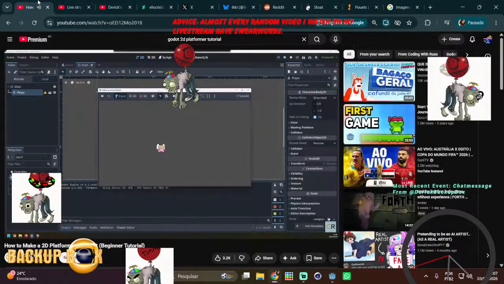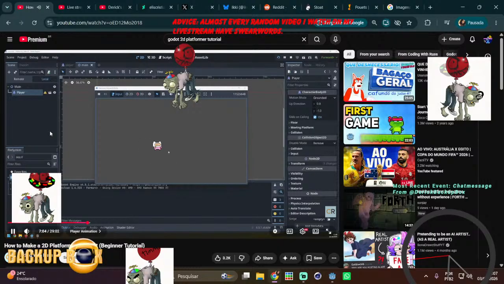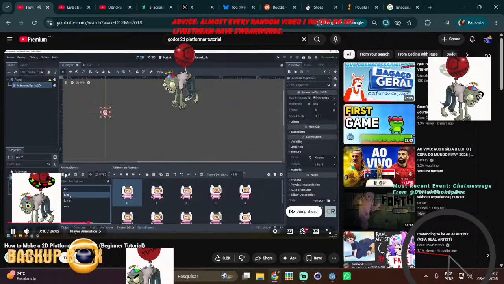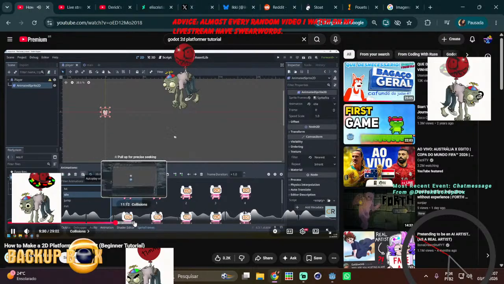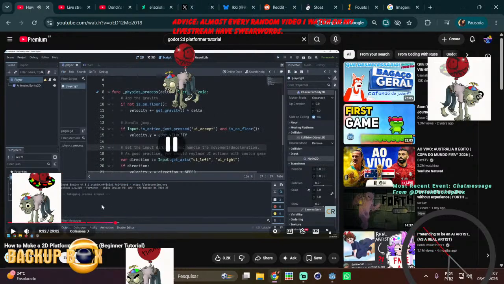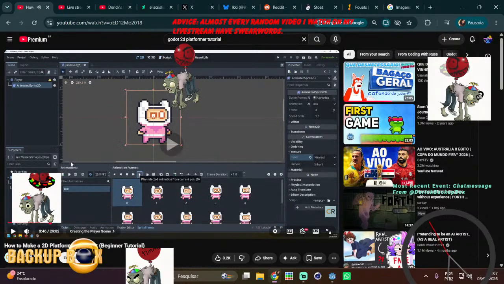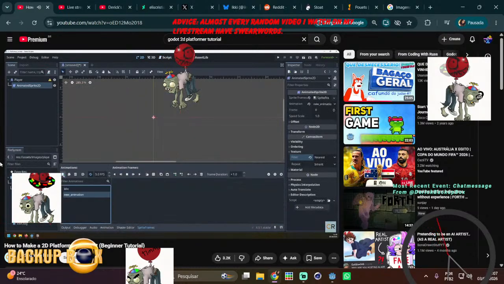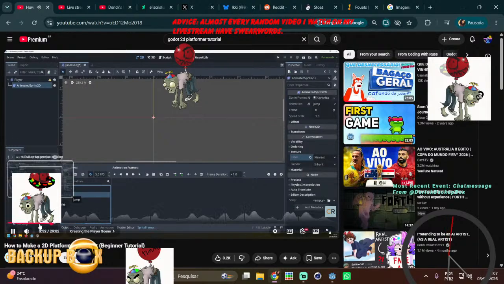The second problem persists, which is that there is no animation. The player is just stuck. Click the animation and then click this button here, which says autoplay on load. Okay, so that's good. We can now add more animations here. The next one I want to do is the jump animation, and that one's actually just a single